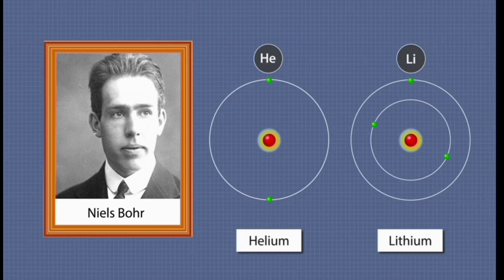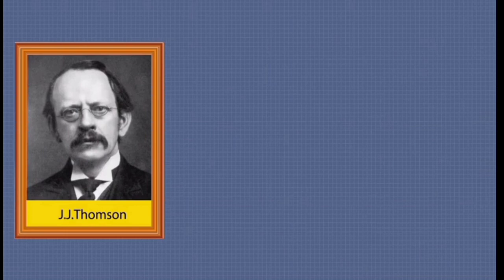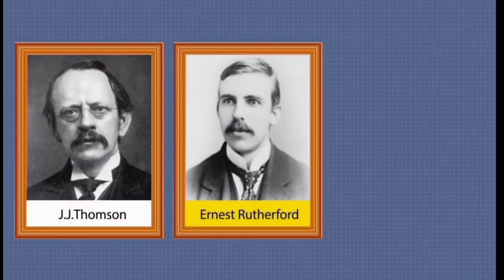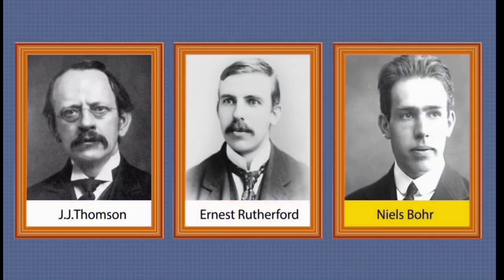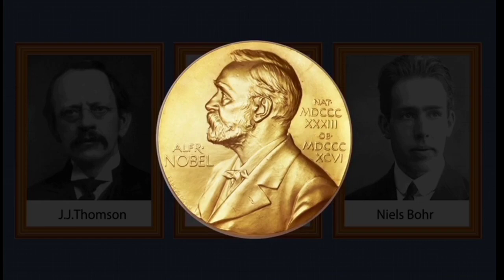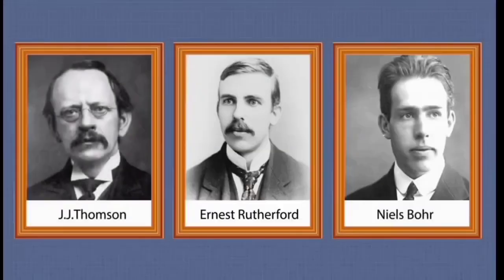Despite the limitations of their atomic models, the work of Thomson, Rutherford, and Bohr is considered path-breaking. All three scientists received Nobel Prizes for their theories. As a result, these three atomic models are the foundations for our present-day understanding of the structure